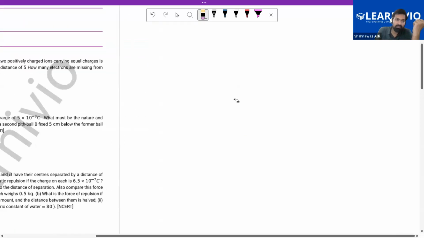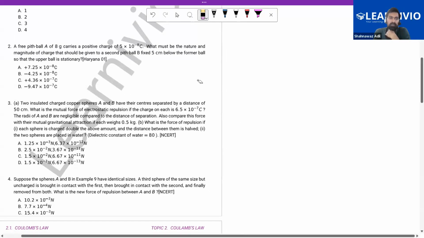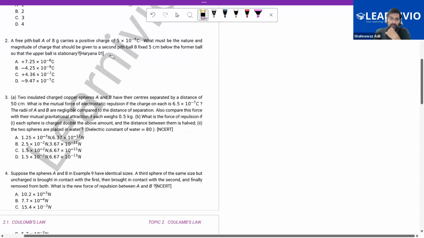Okay, so a free pith ball A of 8 gram carries a positive charge of this thing. What must be the nature and magnitude of charge that should be given to a second pith ball B fixed 5 centimeter below the former ball so that the upper ball is stationary, right? So